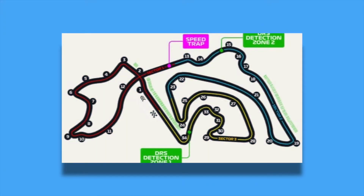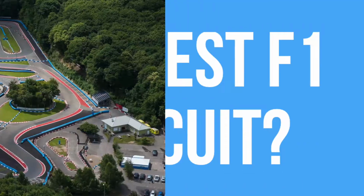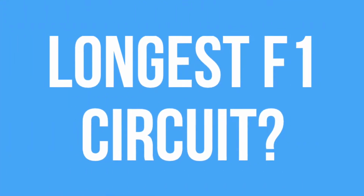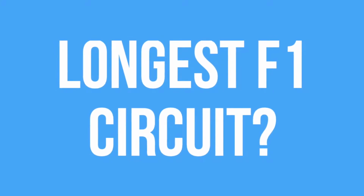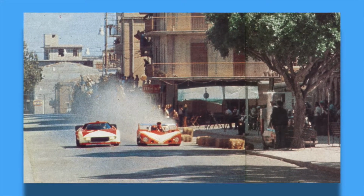Now, not too long ago, the possible Saudi Arabian Grand Prix circuit, emphasis on possible, was leaked online, and apart from it looking absolutely terrible, I mean it looks closer to a karting track than it does Formula 1, it also looks unusually long in my opinion. So that's why in this video I want to take a trip to